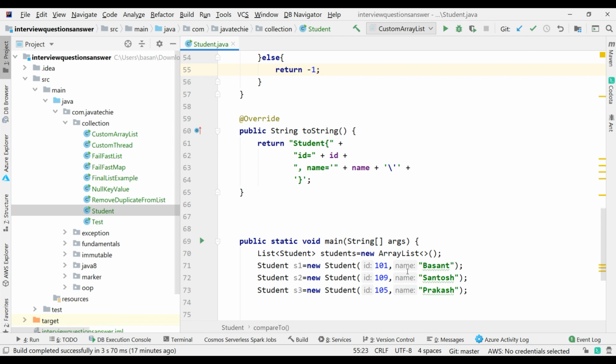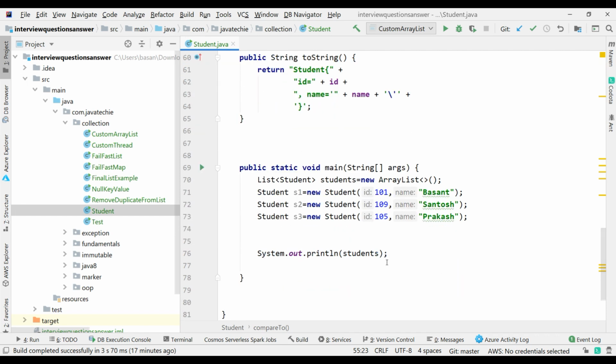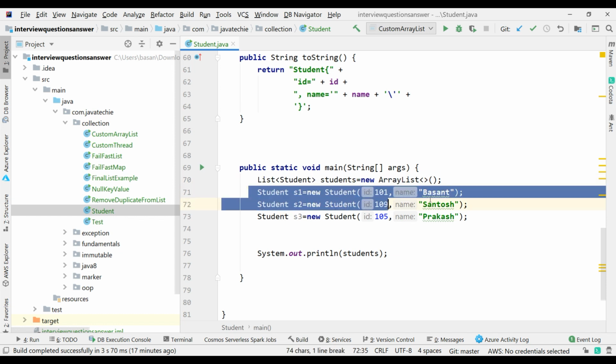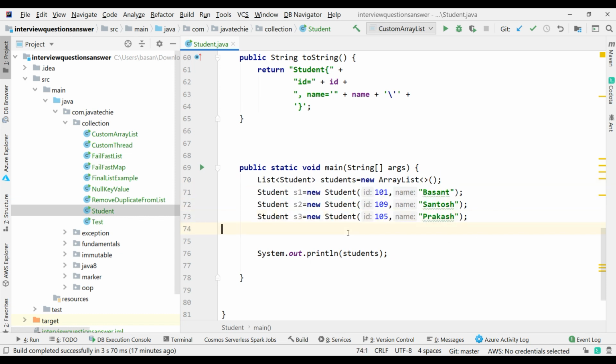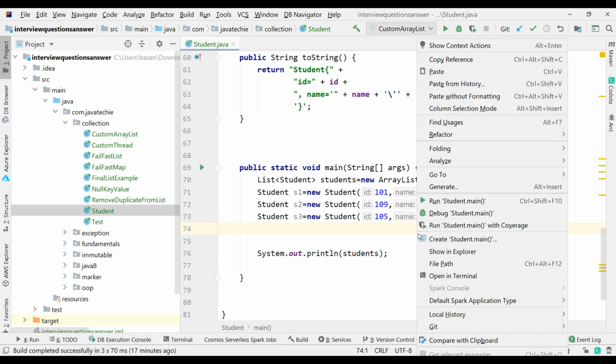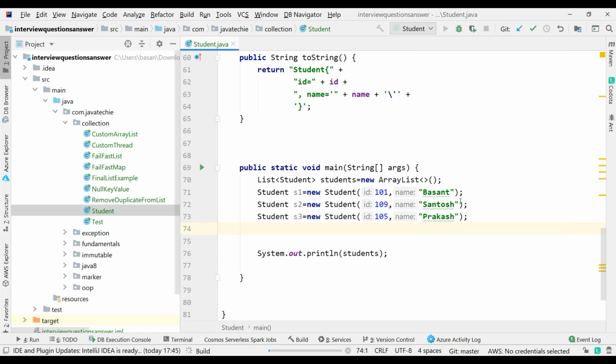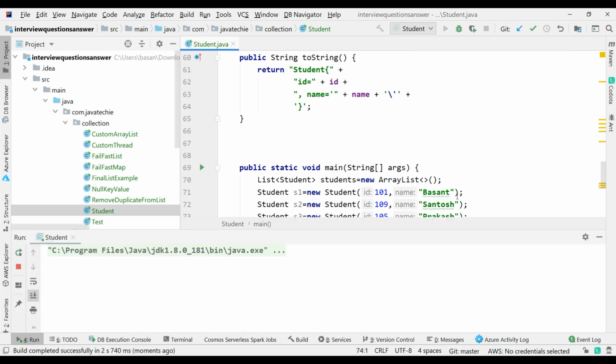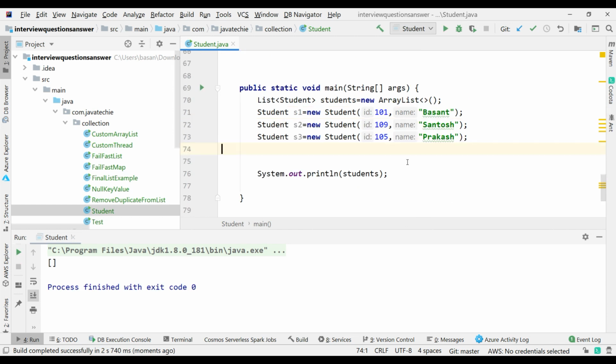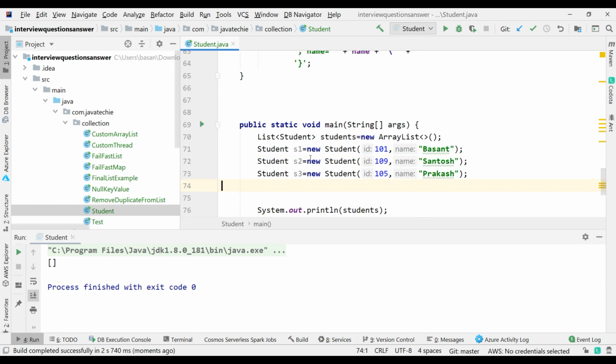So let me change the ids: 109, 109, 105, 101. Now I created a list and I added these three student objects. I'm printing it. Let me run this. What's going wrong?